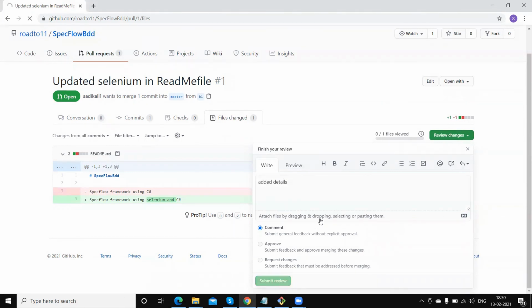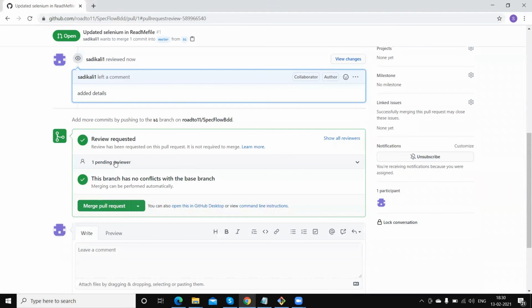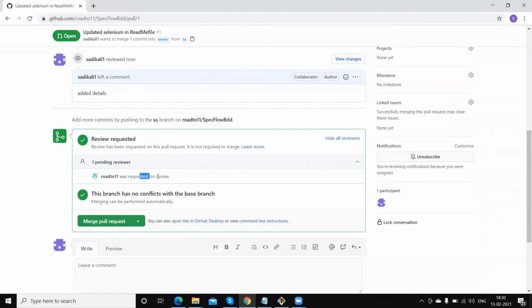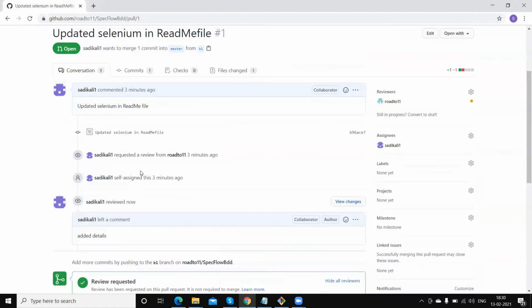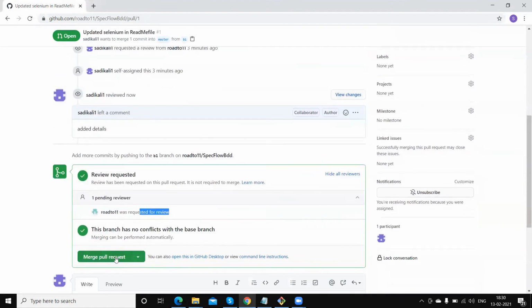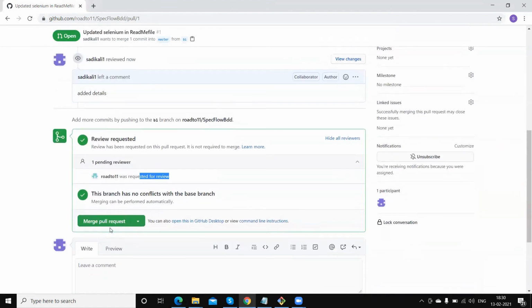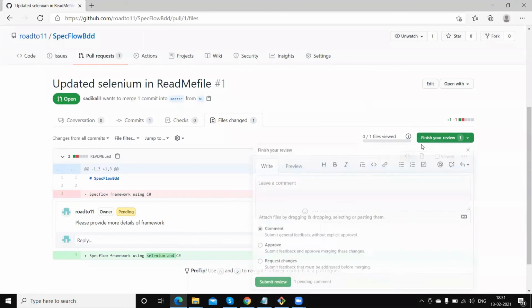Submit review. Okay. And then we can click and merge this PR. So same user also can merge and other user if everything is fine.